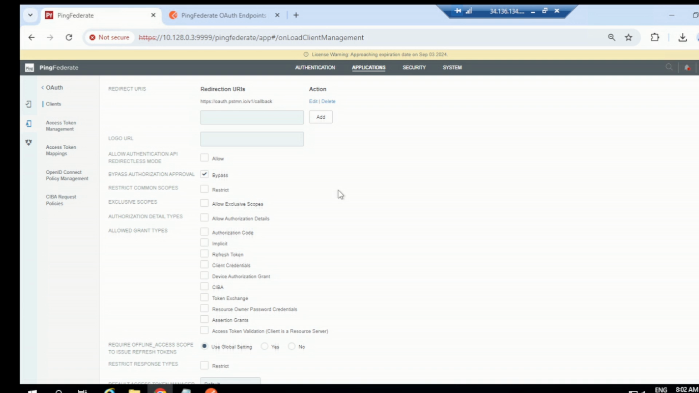Okay, so consent is basically required when you have some permission you need to ask from the user, the resource owner, right? But in our case we are not supposed to go for that. So let's skip that, and we can click on the bypass authorization approval, so that it can just skip that option and it can just go with the default permission. Okay,